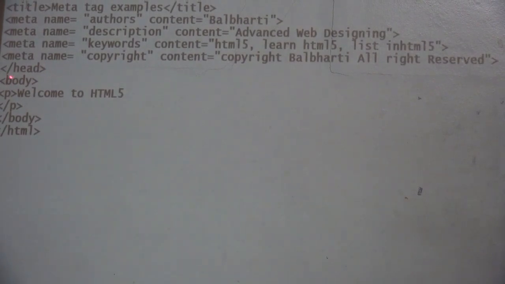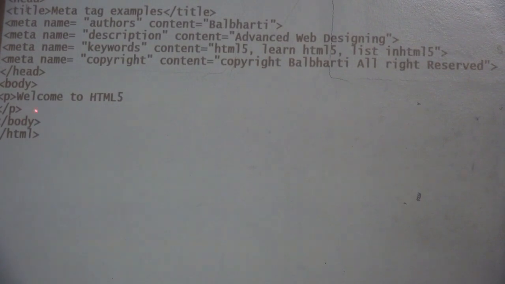So we close the head tag here and write the body tag. In this body tag we have written only one sentence in a paragraph tag, welcome to HTML5, and this paragraph tag is closed.